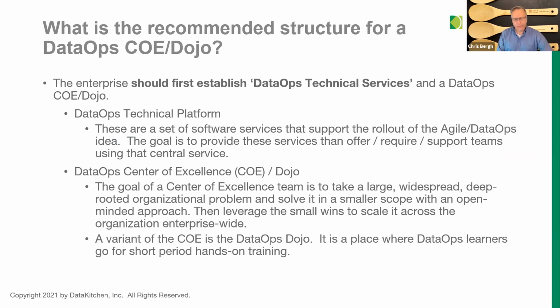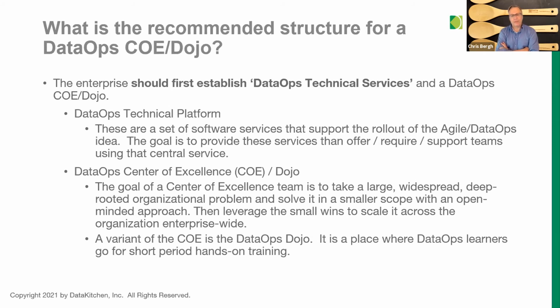And then once you've done some pilots and you've got some success, the question is, how do I roll it out across the organization? And I think there are two things. One is, what is your data ops platform? How are you going to manage code? How are you going to test? How are you going to deploy? How are you going to manage development environments? I think there's a set of technology, including my company, that can help. And then there's the organizational model. How are you going to get other parts of the company involved?